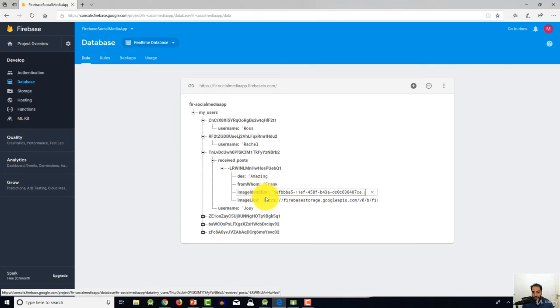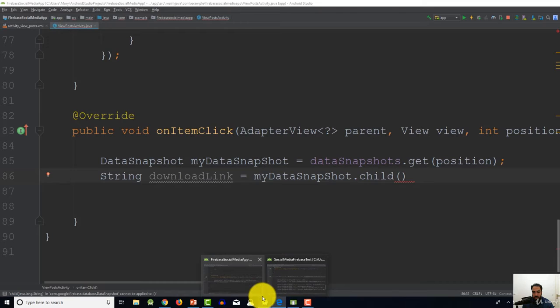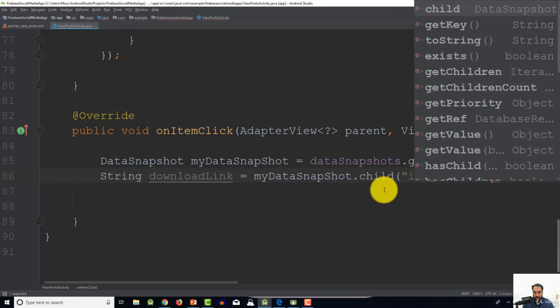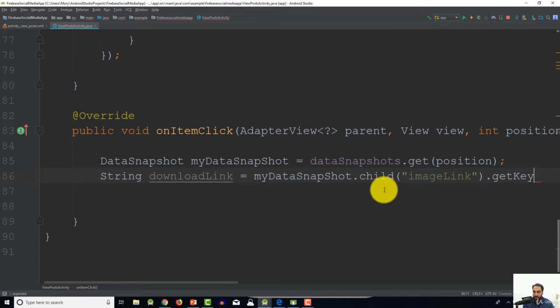So here we are going to access the download link. We need to access the key imageLink. So that's why here we need to say we want to access the child imageLink, and we want to access the value of this child or this key. So I'm going to say getValue,